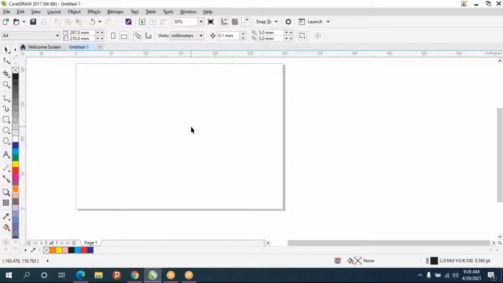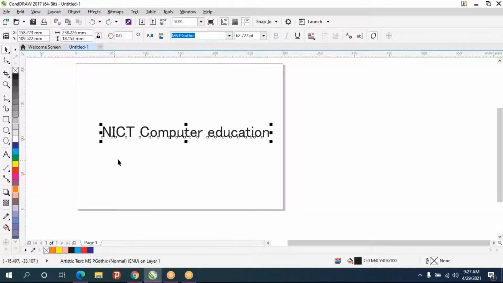So this is the text tool, and you can give any color.